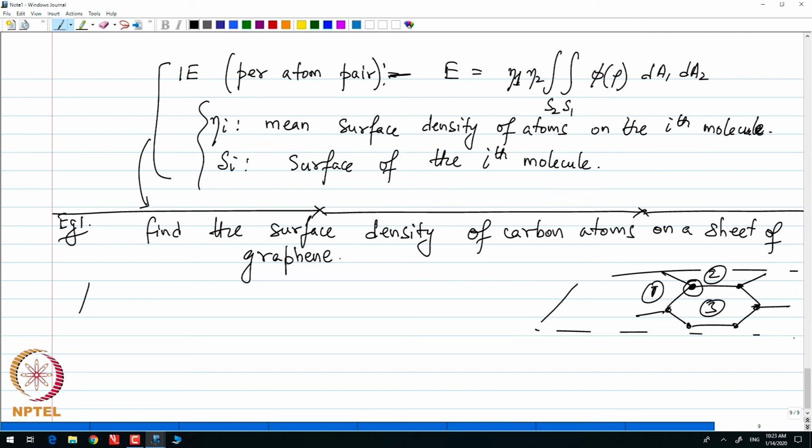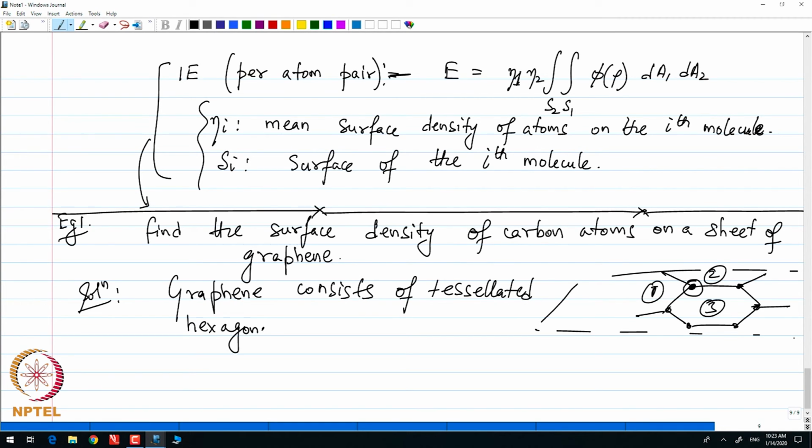Okay. So, let us say we know that graphene, again this is class 12th physics, consists of the so called tessellated hexagonal rings, right, so that each atom in the ring is bonded to two other rings,